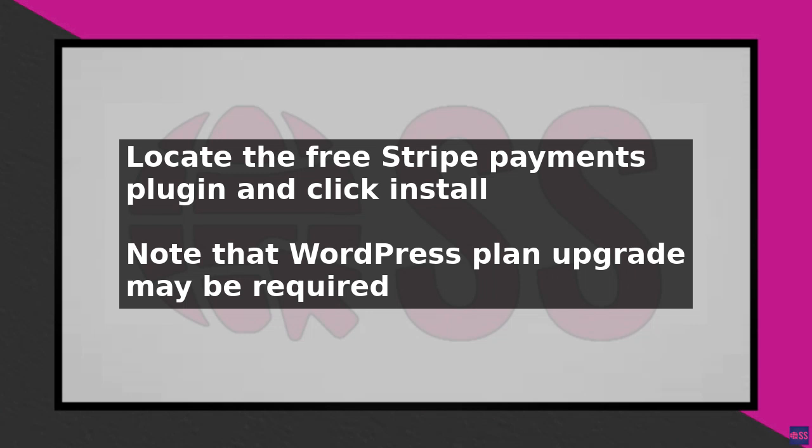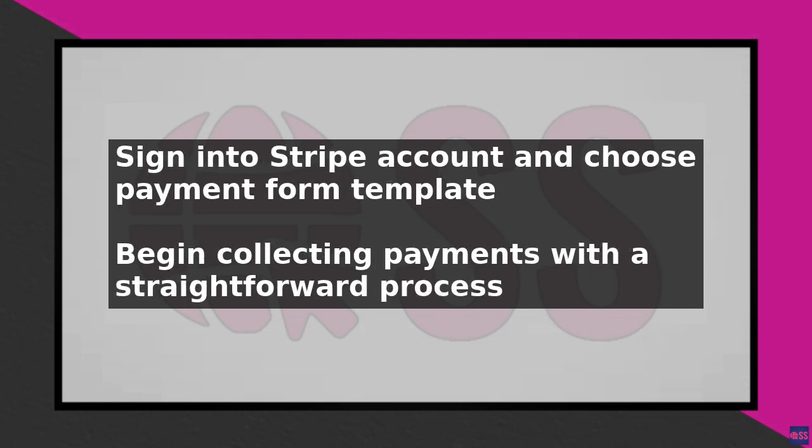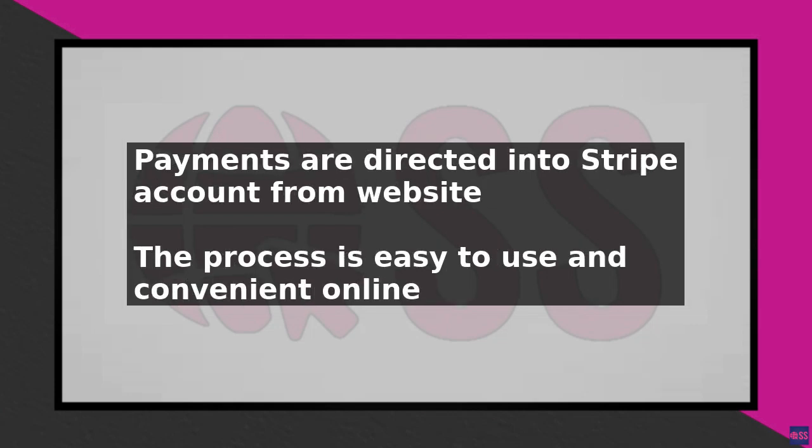Once you've located the plugin, click on it to initiate the installation process, noting that you may need to upgrade your WordPress plan to complete the installation. After the plugin is installed, sign into your Stripe account and choose from a variety of pre-made payment form templates to begin collecting payments. The process is straightforward, and payments will be directed into your Stripe account from your WordPress